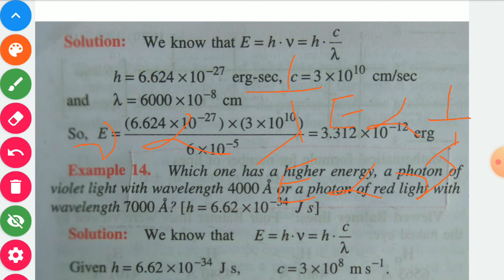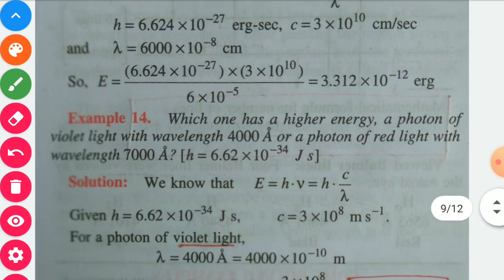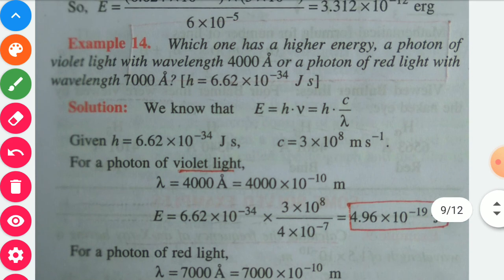So here we know that energy is equal to h nu. Since in the question wavelengths are given, therefore at the place of nu we have to take c by lambda. So E is equal to hc by lambda. So for both we may calculate the numerical value for energy. So for the first one, for violet color,